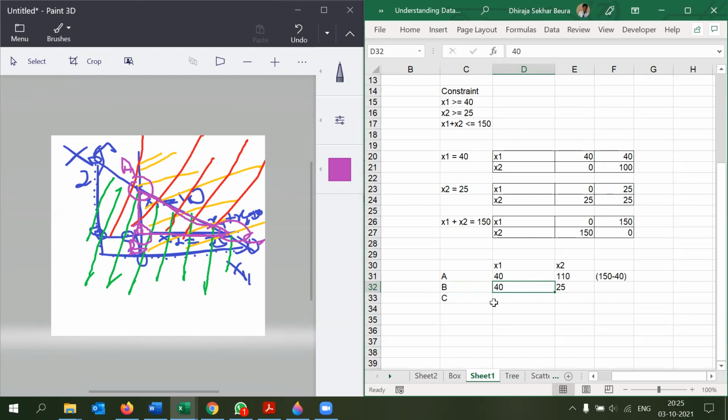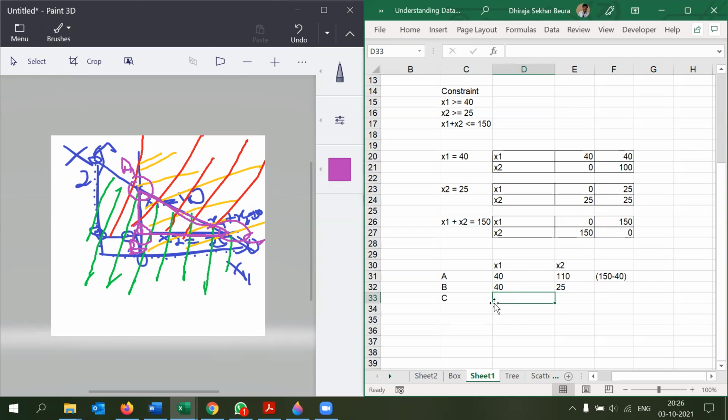But here, X1 plus X2 equals 150 is not applicable, because that is for the third line. Let's go to C. So we are taking only the dots, right? The point where B is lying. Only the extreme points. Yes, only the extreme points, meaning for that dot, which equations are connected. Absolutely. Now let's talk about C.